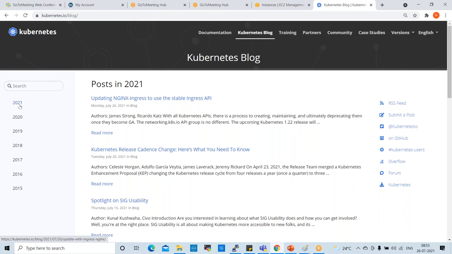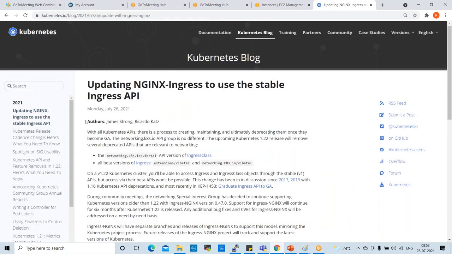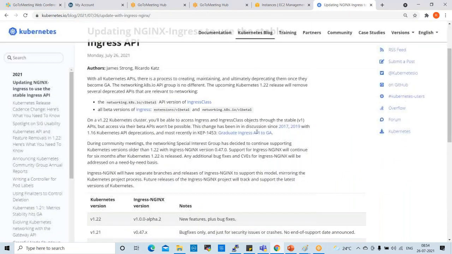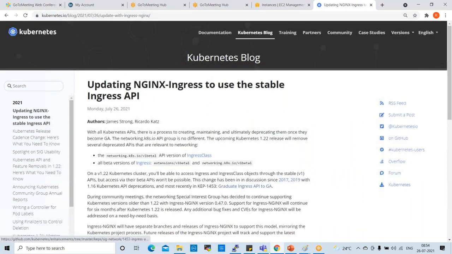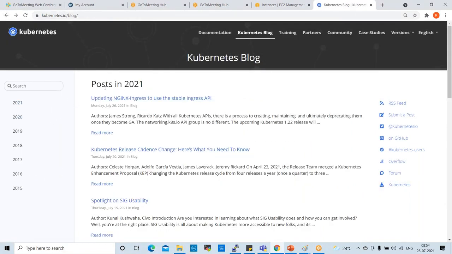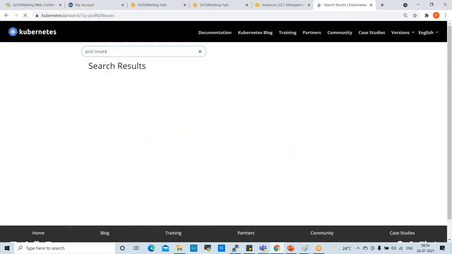For example, here in 2021, see here, these are the 2021 posts. If you want to check something, for example pod issues, just search like this: pod issues.